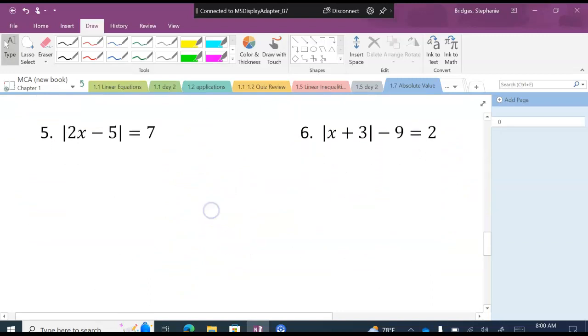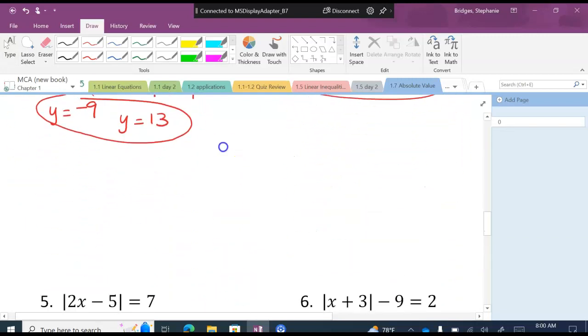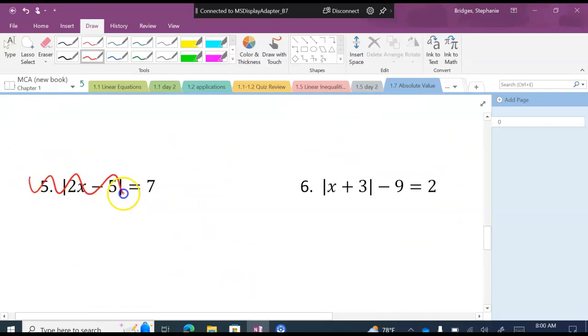Let's skip 5, except for it should be 7, right? Let's skip that one. I want to go to this one. I don't know how I misnumbered that, but